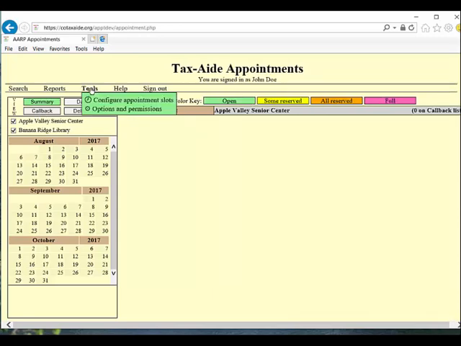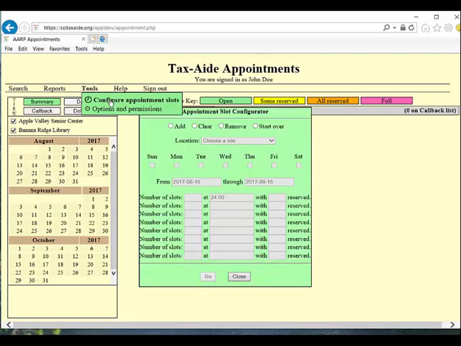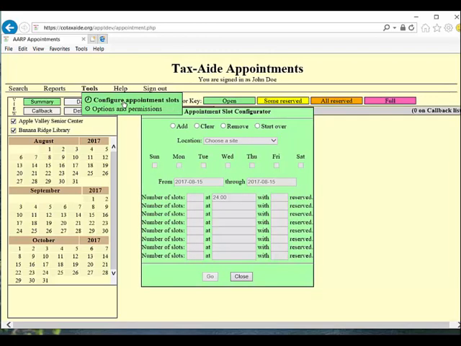So we're going to the options and permissions, which takes you back to where we were before on the other screen. We're going to configure appointment slots, and again, as manager you have access to these two. This menu item won't even be here for your typical schedulers. So we're going to add some slots, and let's choose Apple Valley, and we're going to add a Monday and